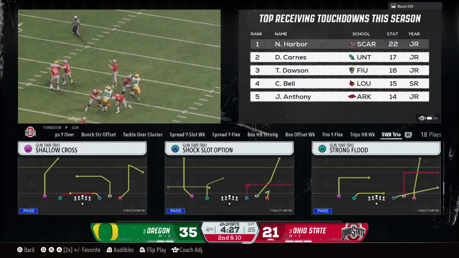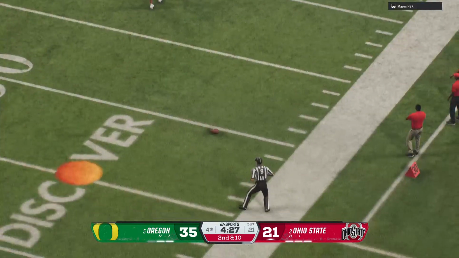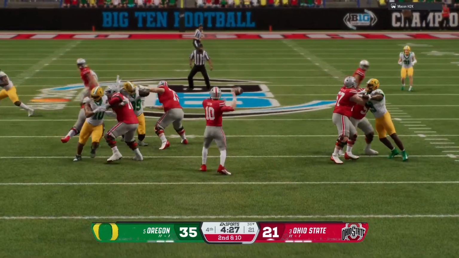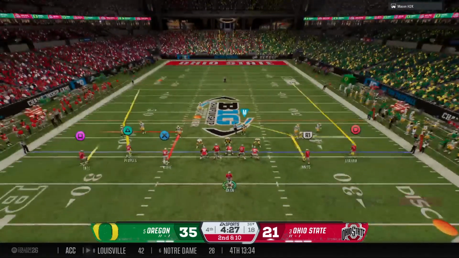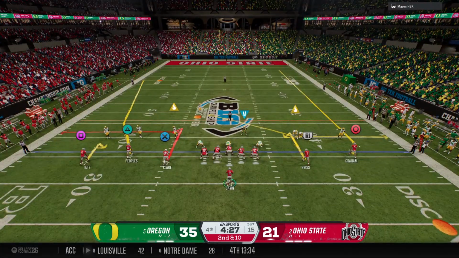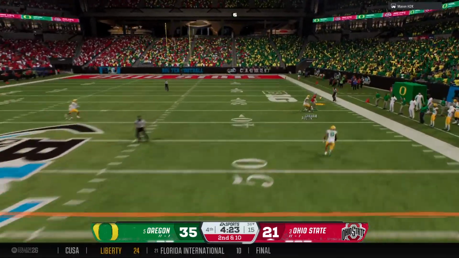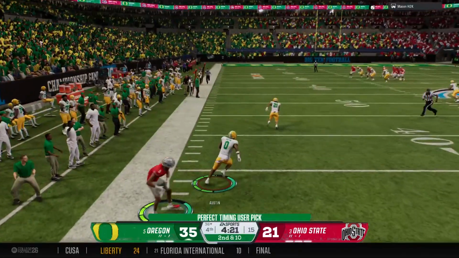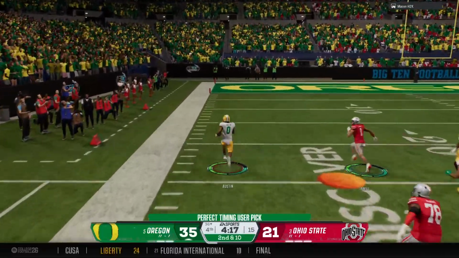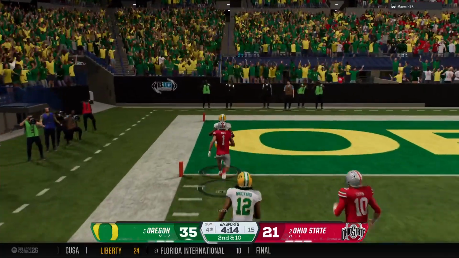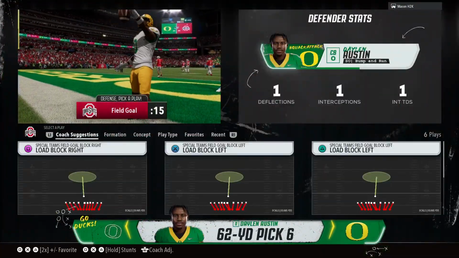Timeout is called by the defense. That's their first of the half. That play makes it 2nd and 10. Here's the snap. Offense looking to throw the ball. Taking a deep shot here to the right. He's picked for a 3rd time tonight. Could take it all the way. Inside the 40. At the 20. Past the 10. Touchdown, Ducks. The defense contributes 6 points.